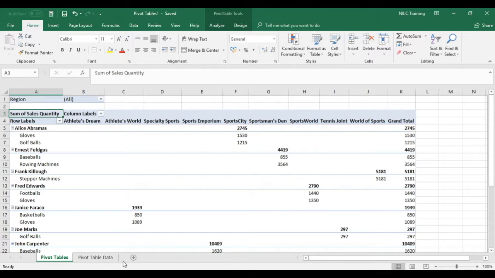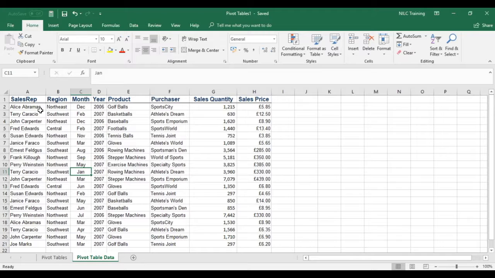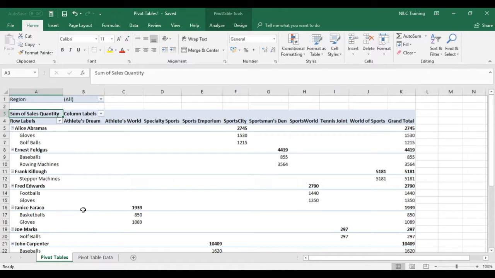So if we could look back at the raw data, which is the pivot table data, you'll see there's data like sales reps, regions, the products that have been purchased, the quantity and the price. So from this data, pivot tables can extract quite a bit of information. So if we go back to the pivot table itself, now to know which fields have been shown within the